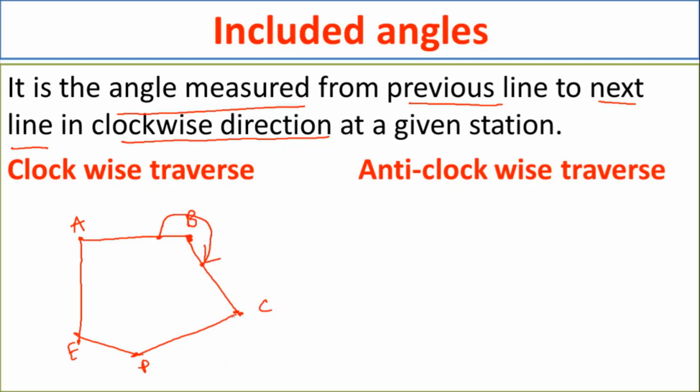Okay, now suppose take the station C. At the station C, this is the previous line and this is the next line. So you have to measure it in the clockwise direction like this. You should not measure like this. Okay, so this will be the included angle. So what I am trying to say is, if you take a clockwise traverse, included angles are